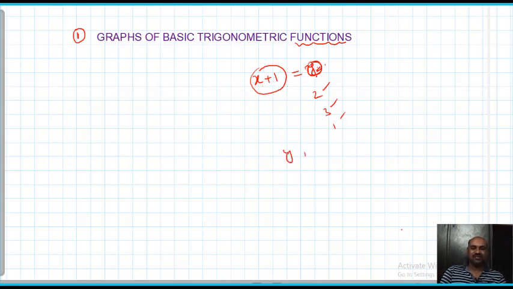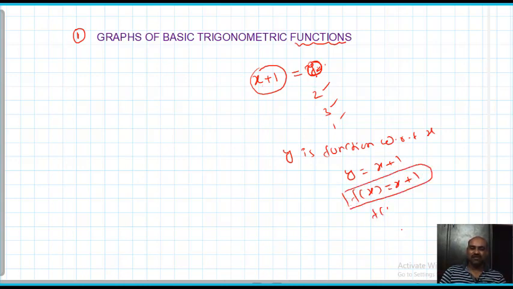Y is a function with respect to x. Or if you make x the subject, then you can say that x is a function with respect to y. That is not a big problem. Here in this equation, y is the subject, no? So y is a function with respect to x. Sometimes, since y is equal to x plus 1, another notation, f of x equal to x plus 1, you can write. Just notation.